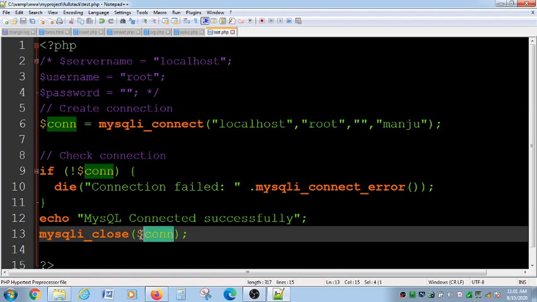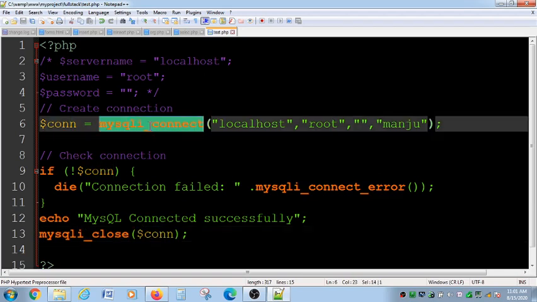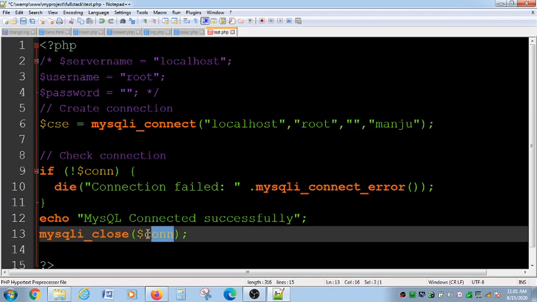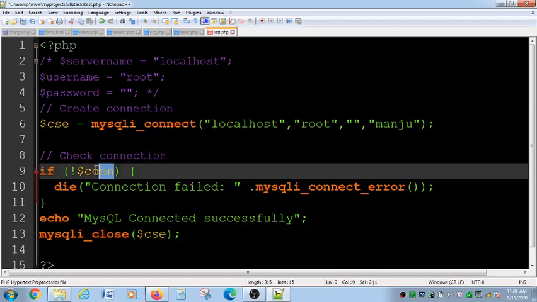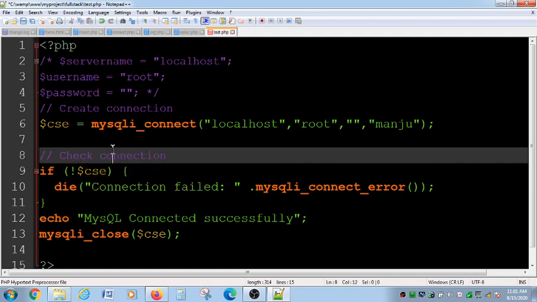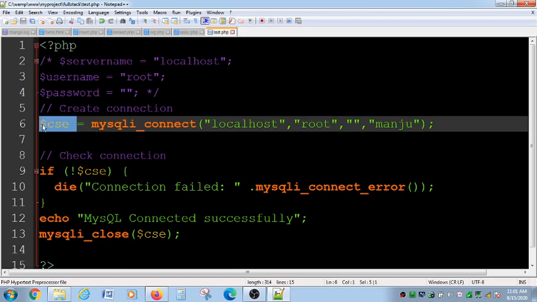Here connection refers to con refers to this one. If I am giving this in the name of CSE, I have to close here in the name of CSE, and here also I have to use CSE. So this is just a variable, and wherever you are using this variable, you have to use that particular name.